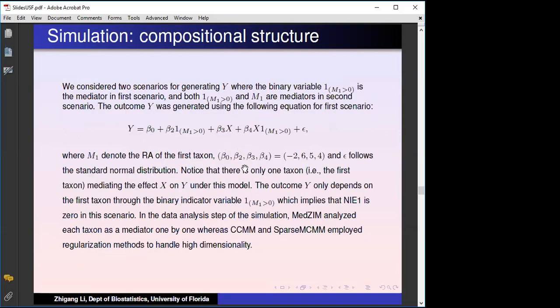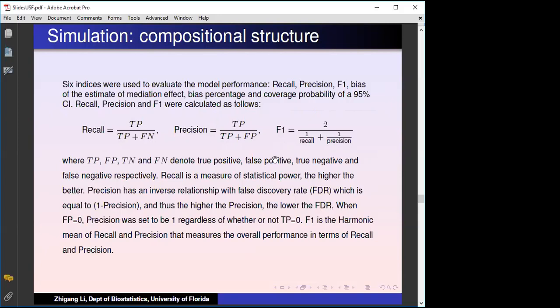And we consider two scenarios. One scenario is that there's no mediation effect through the continuous change, but there's only mediation effect through the binary change, by generating a Y through this model. So when we compare the